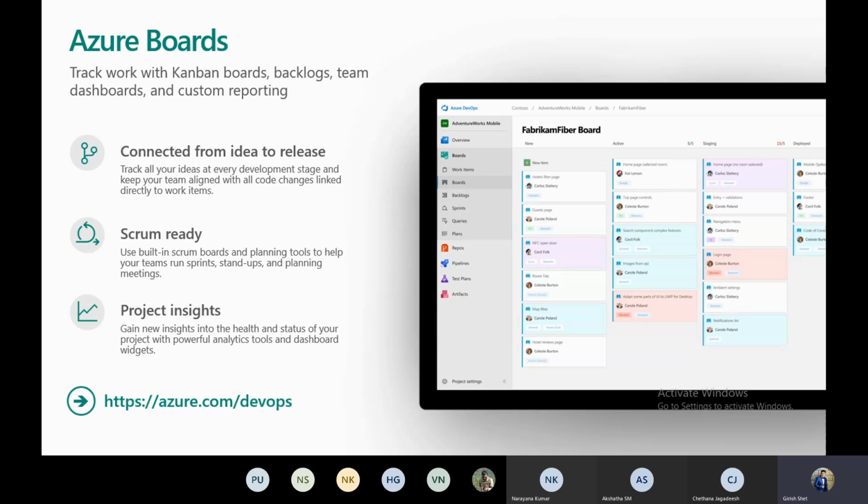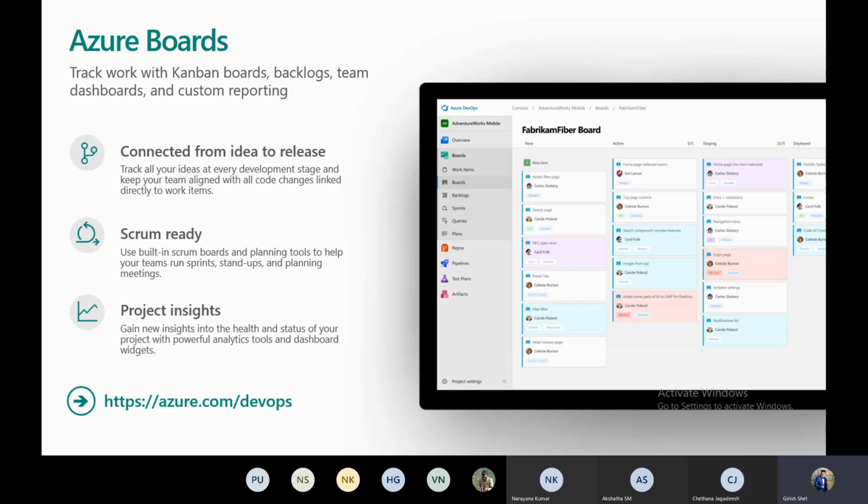By using Azure Boards, we will get to know what exactly the contributors are up to, how efficiently they are working, what work has been completed and what work is not completed, and how much time it requires to complete that work. We can also plan our next sprint so that we can achieve that goal.